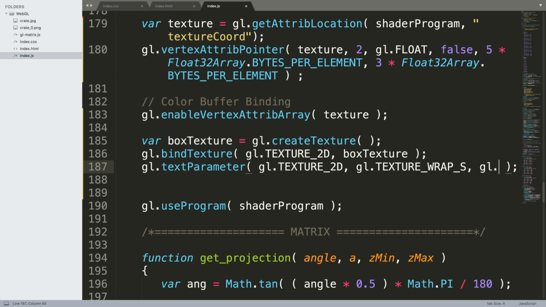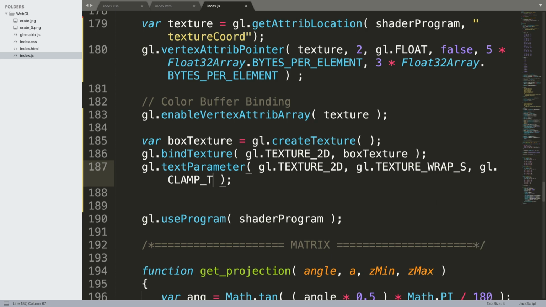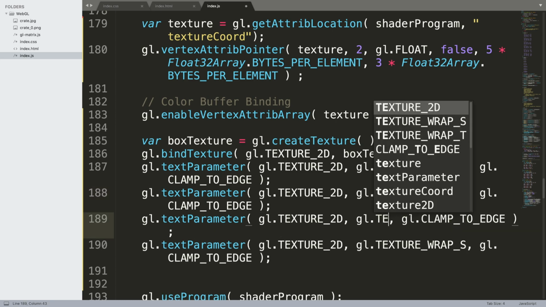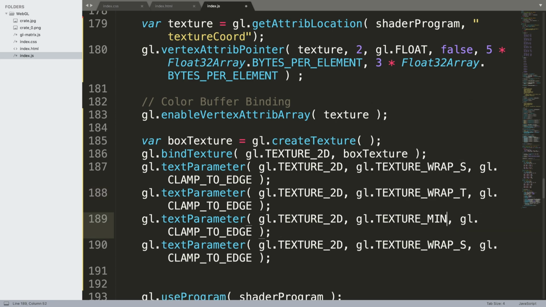So this is a very typical one. And we're going to duplicate these, so we have 4 of them in total. The next one is going to be WRAP_T, and again still CLAMP_TO_EDGE. The next one is going to be TEXTURE_MIN_FILTER, gl.LINEAR,